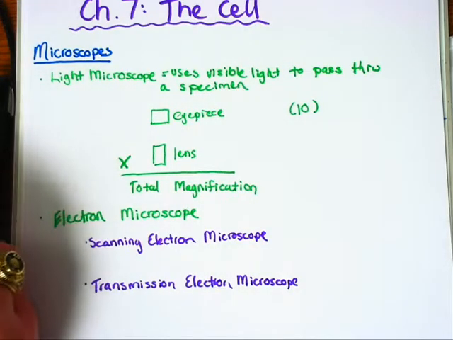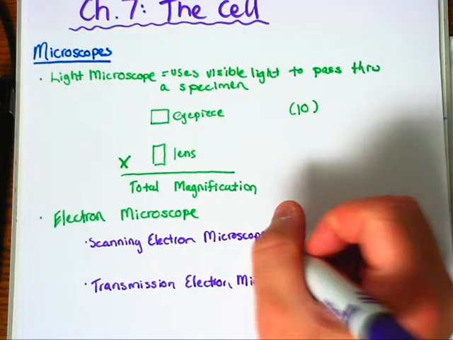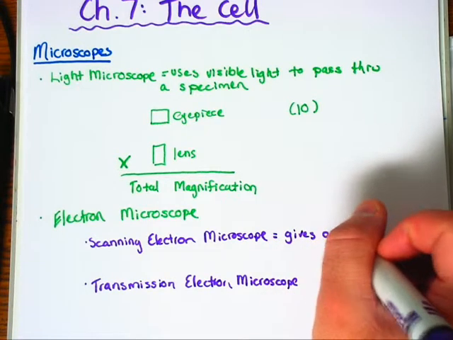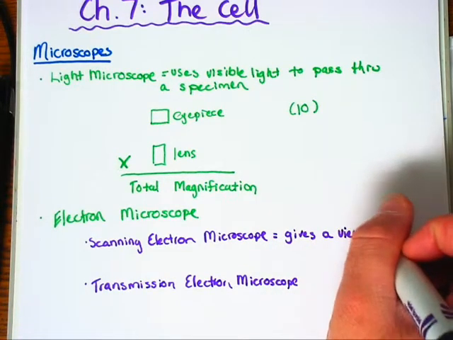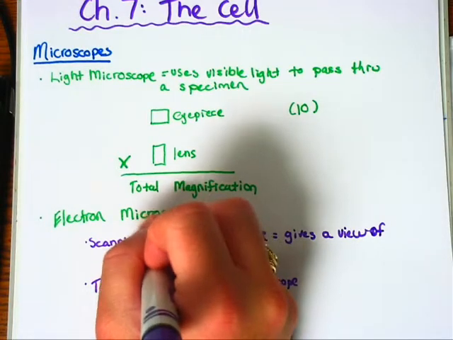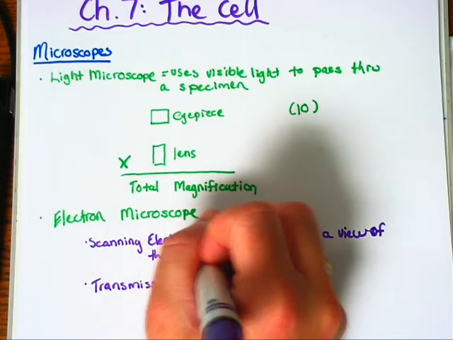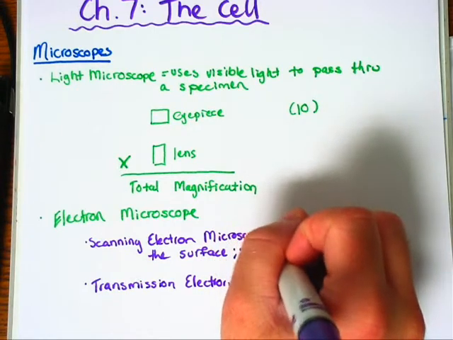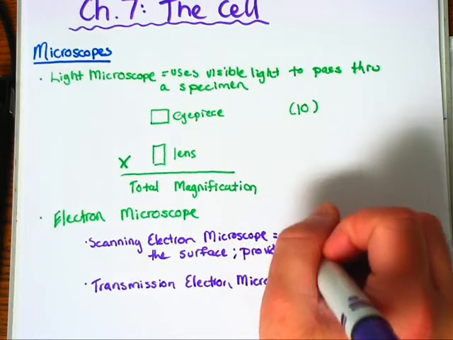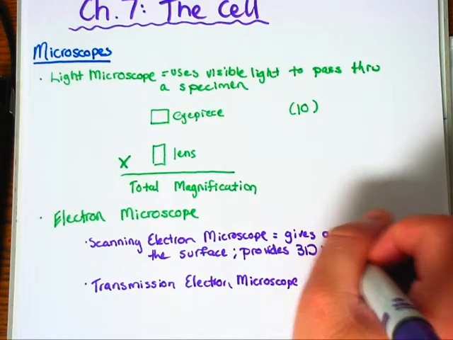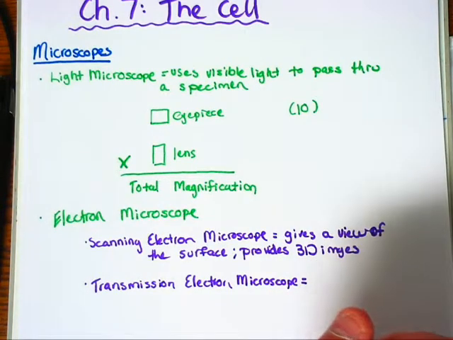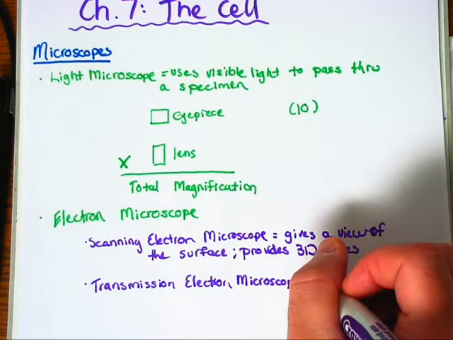The scanning electron microscope is really good for seeing the surface of objects. It has the potential to provide 3D images, whereas the transmission electron microscope is able to focus a beam of electrons